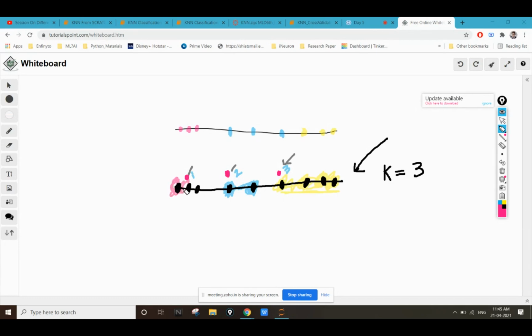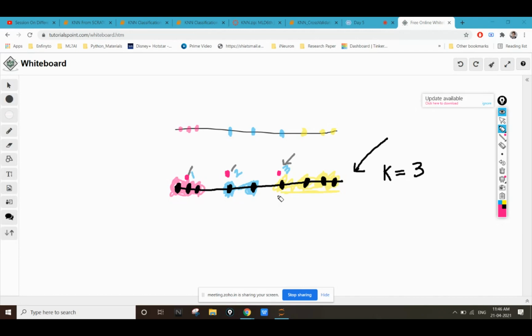Now I'm saying that these remaining 3 points are of category 1 type. Now if we compare this output with our result, because we know the result, if we compare this with the original data which has all the categories also, we see that we have classified only one point incorrectly.